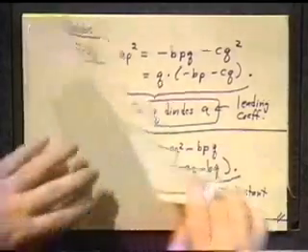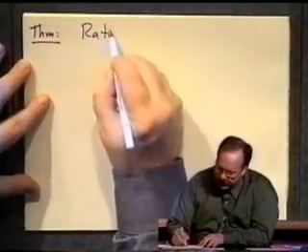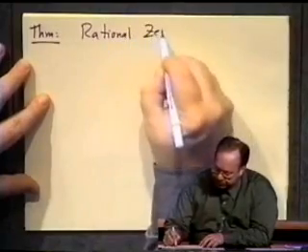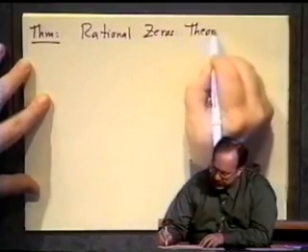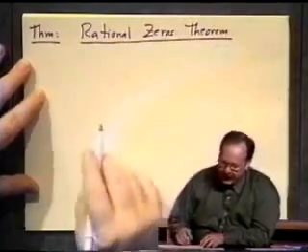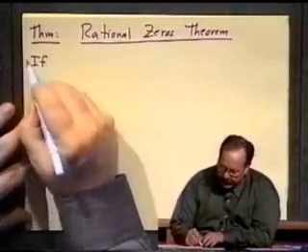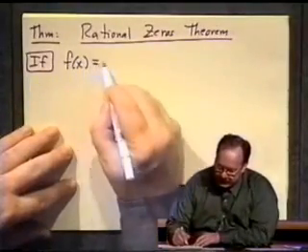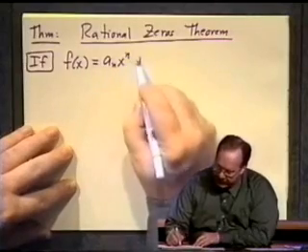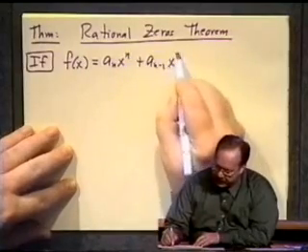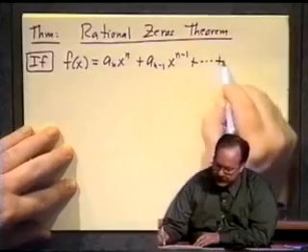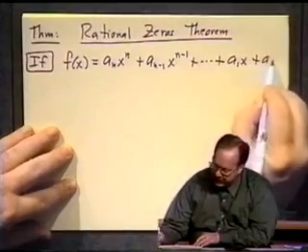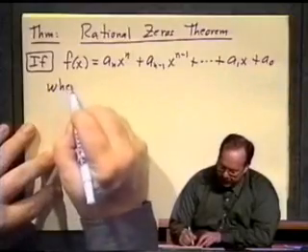And that works in general and leads us directly to the following theorem, which is what this section is about. This is called the rational zeros theorem. And it goes like this. If, now we have to write out our real polynomial in general, so we've got that again: if f of x equals a sub n x to the n plus a sub n minus 1 x to the n minus 1 plus dot dot dot down to a sub 1 x plus a sub 0,